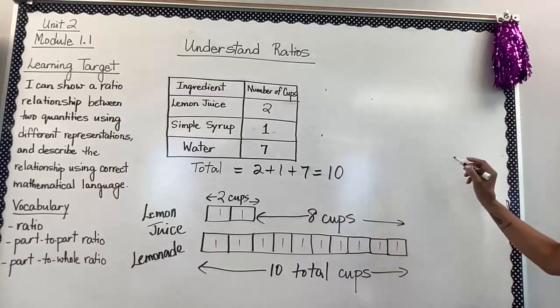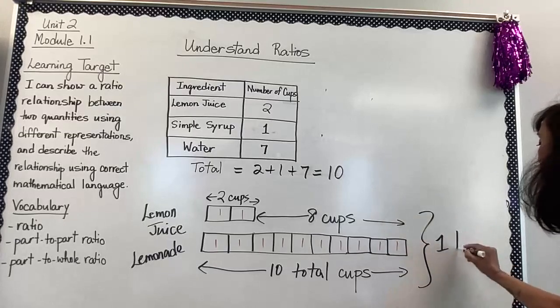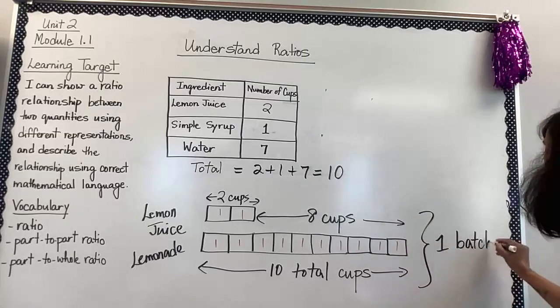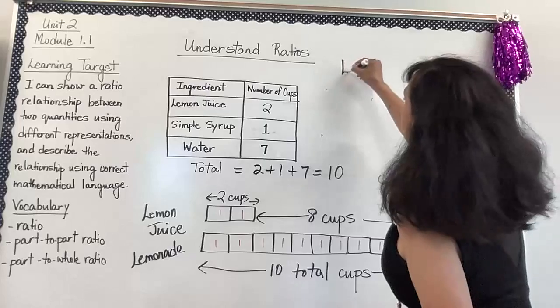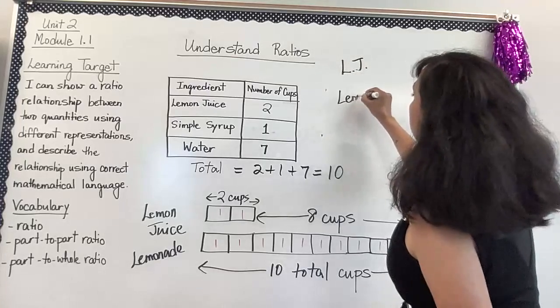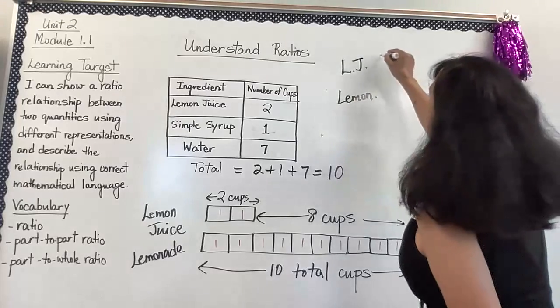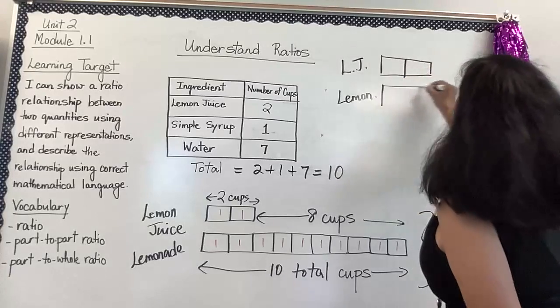So for 2, what will I do? I'm just going to put this over here so you can see. This is for one batch of lemonade. For 2, you can have the same ratio. So this is my lemon juice to my lemonade. This is 2, and